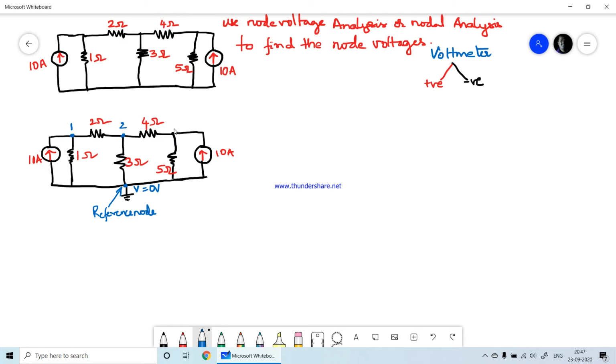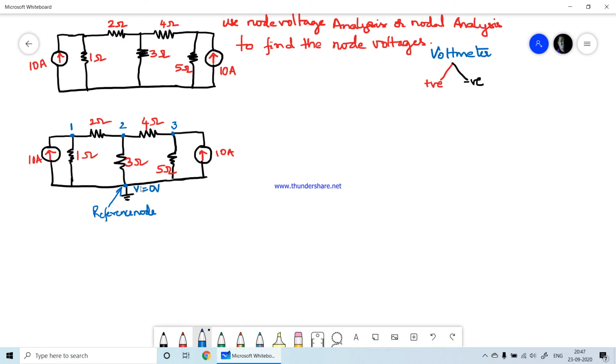Similarly, we will mark the voltage at this particular node. At this node, we will find the voltage by keeping positive at this node, whereas negative is always at the reference node of the voltmeter. We will see that a voltage drop has occurred because of this 4 ohm. Whatever we measured at node 2 will not be the same at this node, because there is a voltage drop due to this 4 ohm. Therefore, that node will be named the third node.